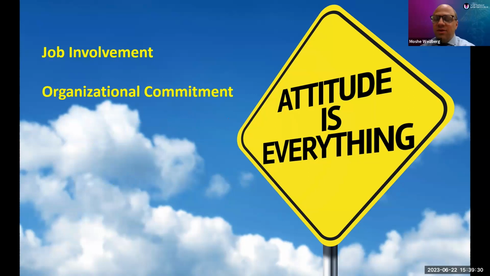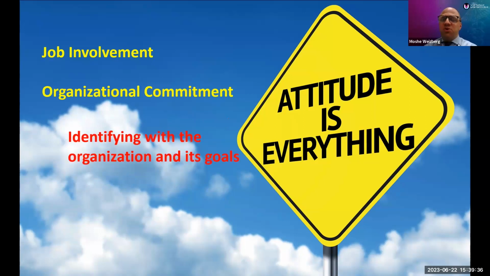The next attitude that has been associated with success in business is organizational commitment. And this means, how much does your prospective resident identify with what your department and your hospital are trying to achieve? Every hospital has its own unique little culture. Every department, every residency program has its own feel. And how well does this prospective resident identify with what you're trying to do in your department?